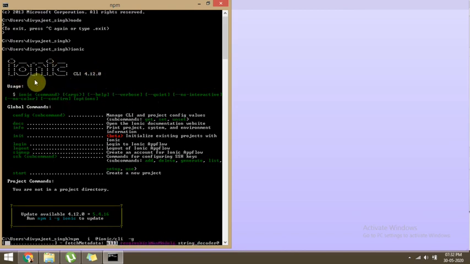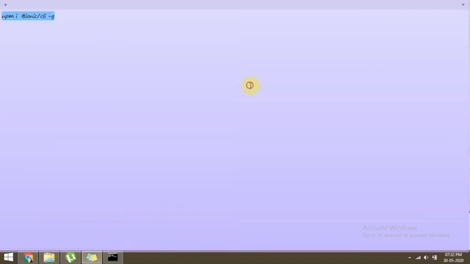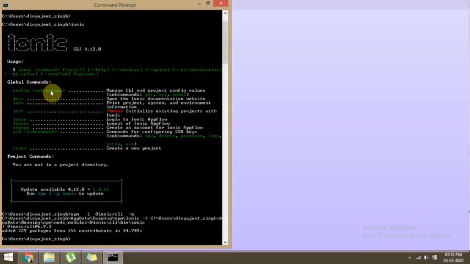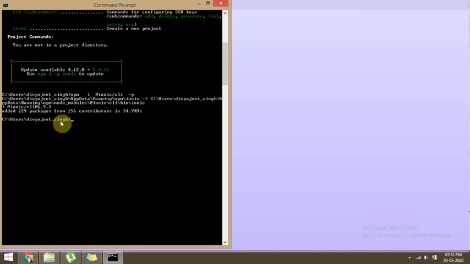If you want the latest version, simply write npm i @ionic/cli@latest -g. This command is used for the latest Ionic package to be installed from the node package manager. I think Ionic is installed successfully. You can see it added 259 packages.